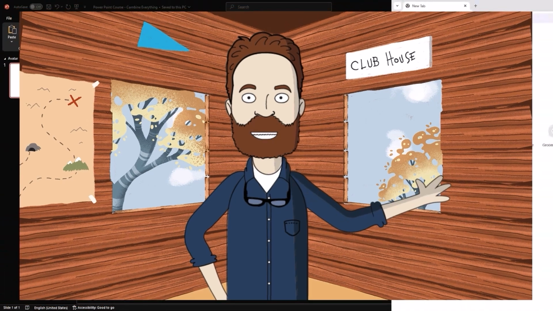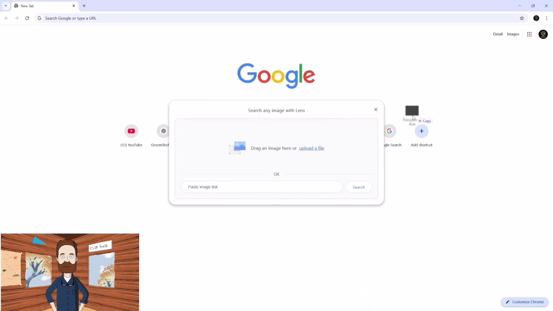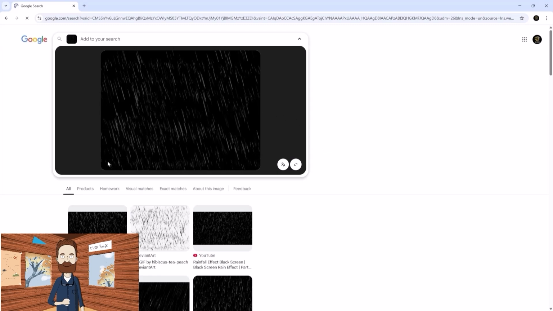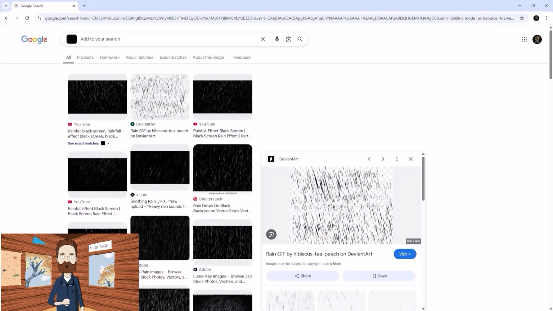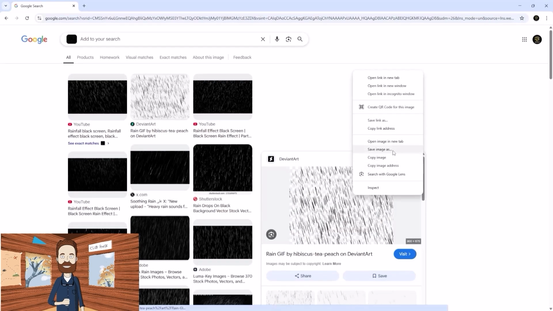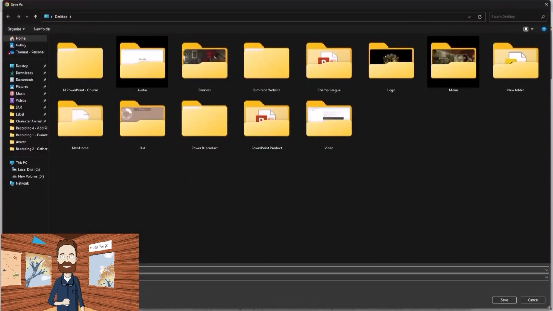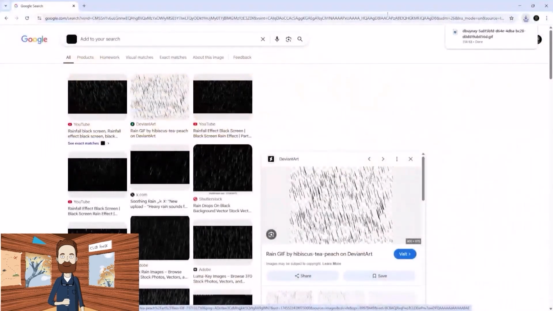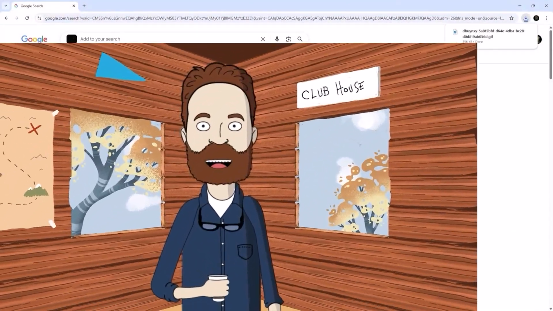Then upload that image to Google Images. More often than not, Google will identify where the original GIF is hosted or suggest similar animated versions. It's a surprisingly effective way to track down assets you've used before or discover alternatives. Once you find the right one in Google's search results, just right-click the GIF and save it again in its original animated format.